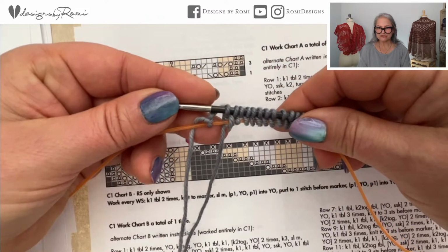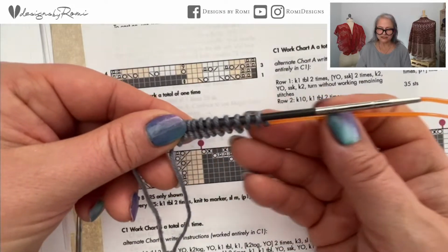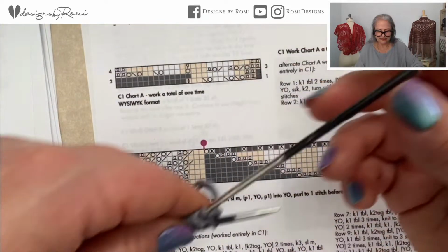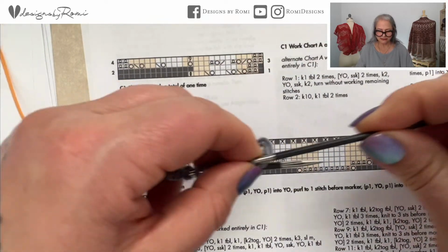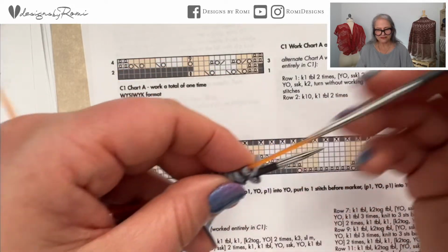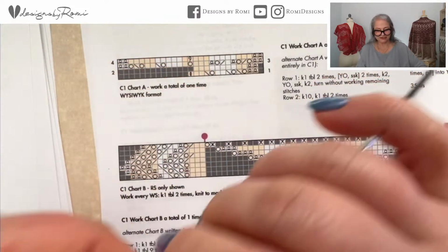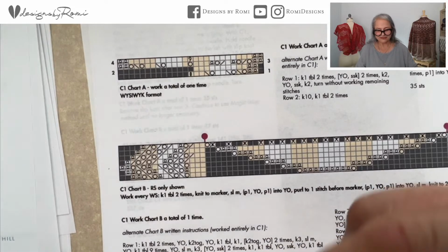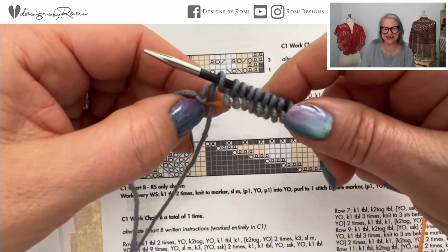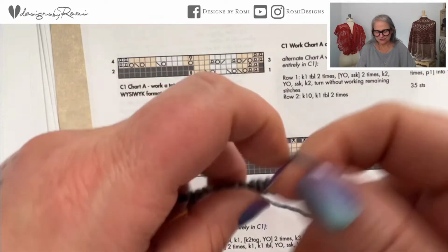So here's where I was before. I want to keep my magic loop. So I'm going to turn the other way like this. And you can see here's my slip knot. I'm sorry, Blade, just forget what I just said. I'm actually going to turn it over. I was having a moment there. So forget everything I just said. Here's where we are. Here's the slip knot. I'm going to turn it over this way and work